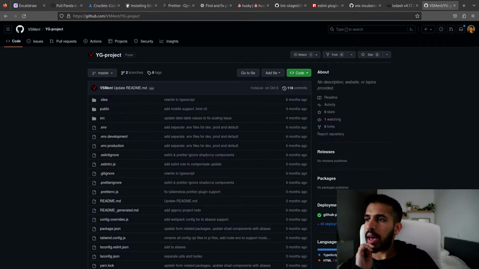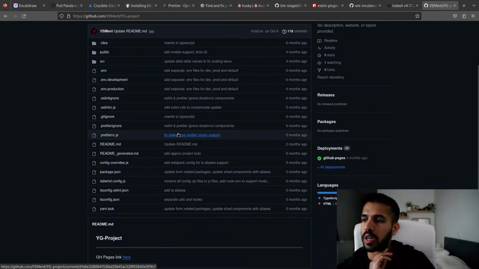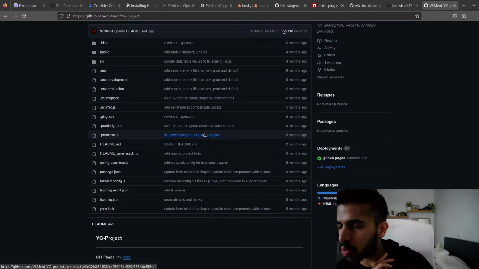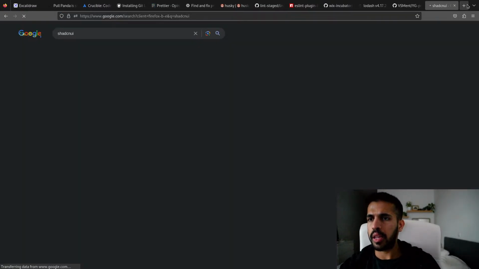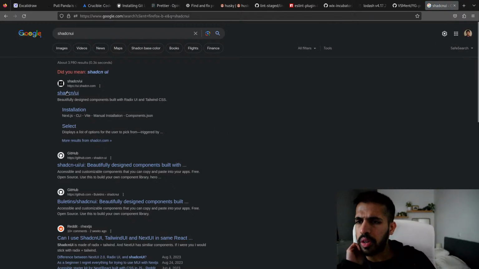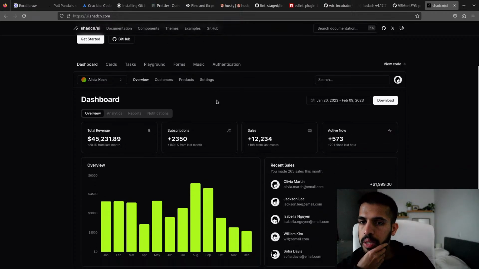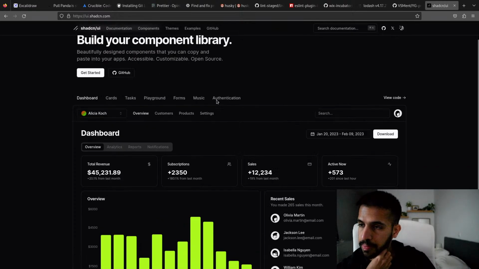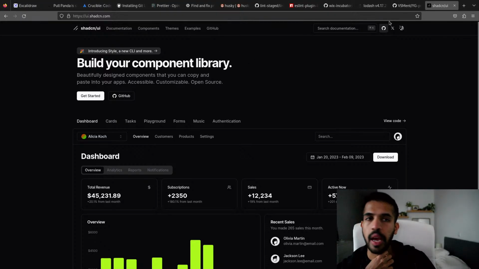He mentioned that this is the first medium-sized project that he's worked with. It's the first time he worked with Zustand, Tailwind, Shadcn UI. I have no idea how that's pronounced, and I also have no idea what it is. I think it was some kind of icon library. Or no, it's a component library, yeah. You can copy and paste into apps, accessible, customizable, open source. Right, and React Hook Form.